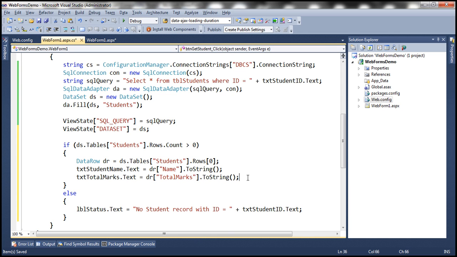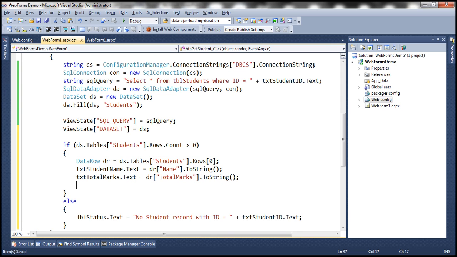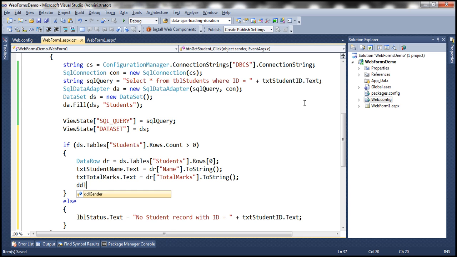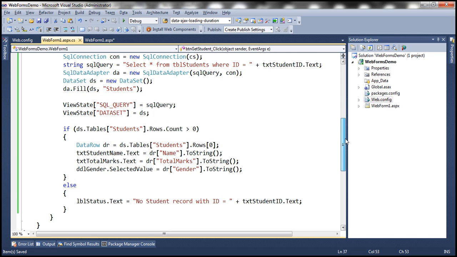and then we need gender as well. And gender, we are actually using a drop-down list. So, the ID of the drop-down list is DDLGender.SelectedValue equals dr of the name of the column is gender. Okay, so at this point we should be able to retrieve the student record and display that on the web